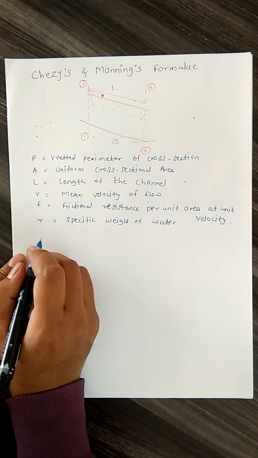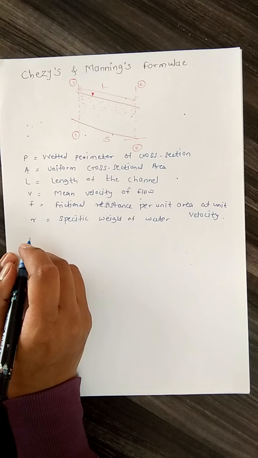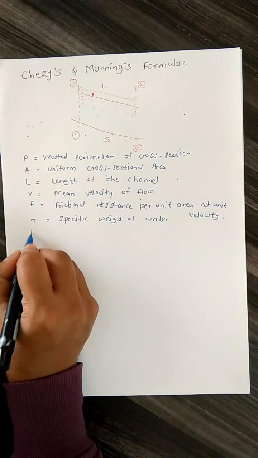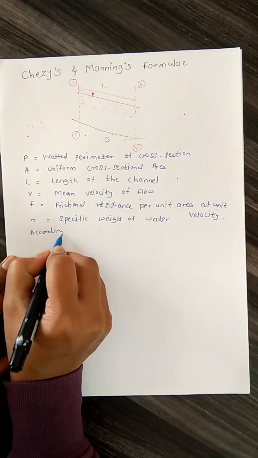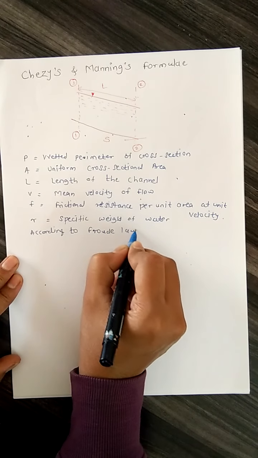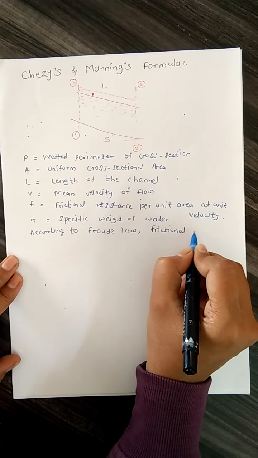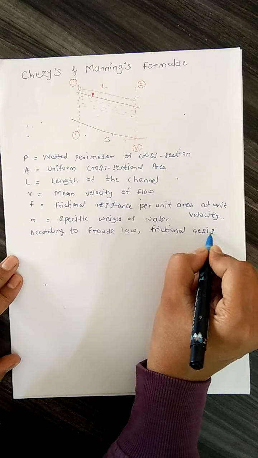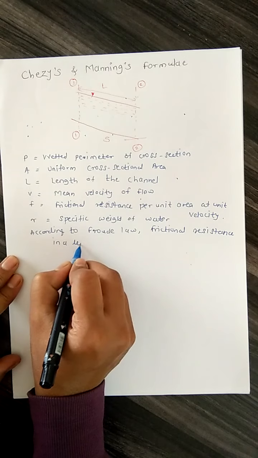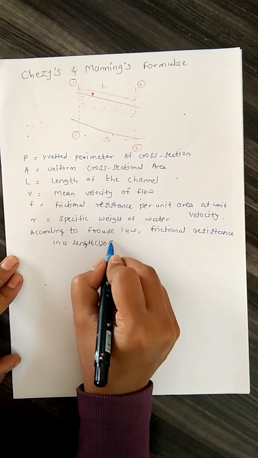So according to Froude's law, the frictional resistance in a length L of the channel is given by, so we write here, according to Froude's law, frictional resistance in a length, that is L of channel,